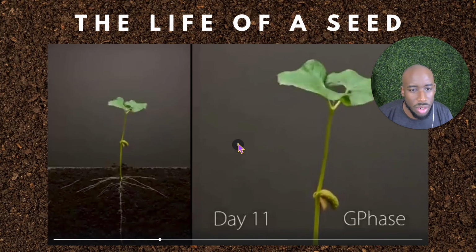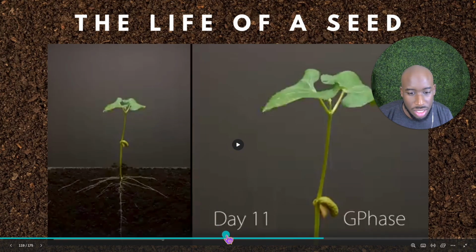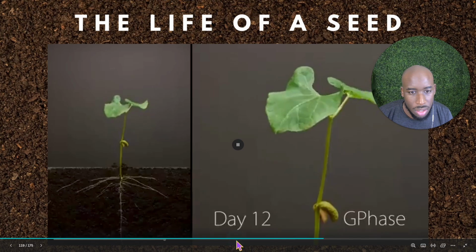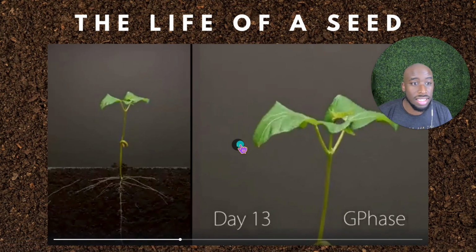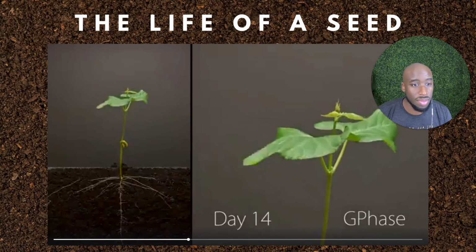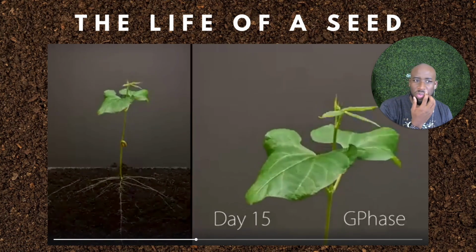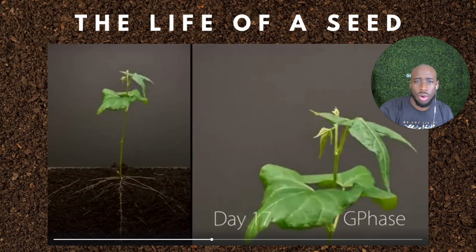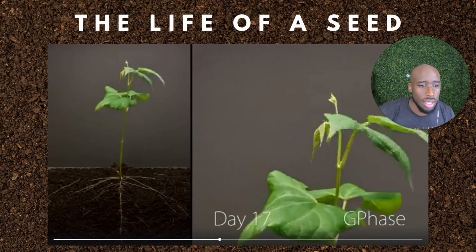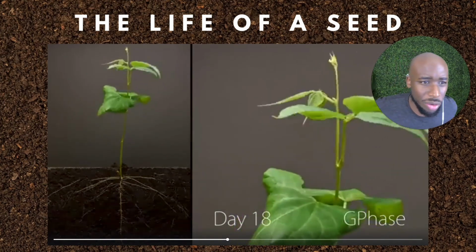If we fast forward, let's see if we can fast forward. I don't know if it'll let me. No, it won't let me. Let's play it out. Let's see what this turns into. I believe this is probably going to turn into some type of fruit tree. I'm not sure. A lot of you herbalists, or not herbalists, but people with green thumbs. I don't got green thumbs. I got brown thumbs.